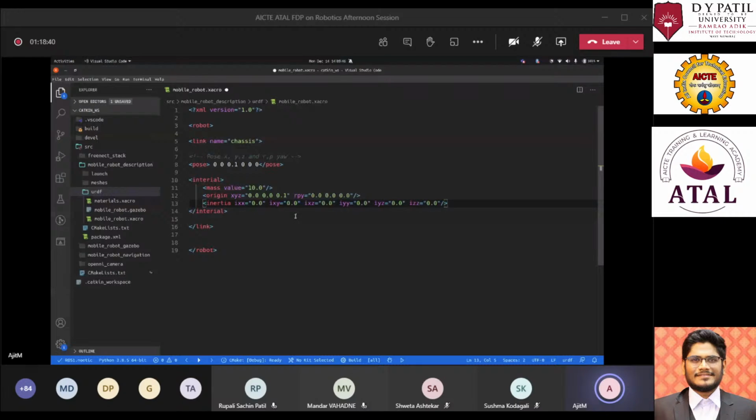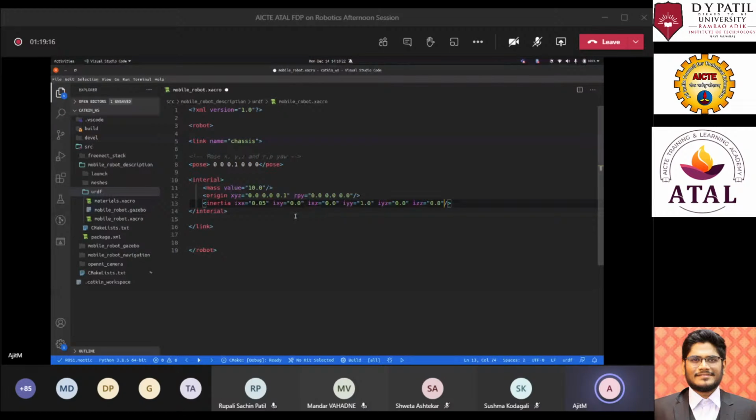That inertia comes from the mass of that link and the geometric shape that has been defined for it. For the time being, I have calculated the inertias of these links to save some time, and I'll be adding them here. But I'll share the link of how to calculate these inertias. Hold on, I'll just add these and I'll share that link.